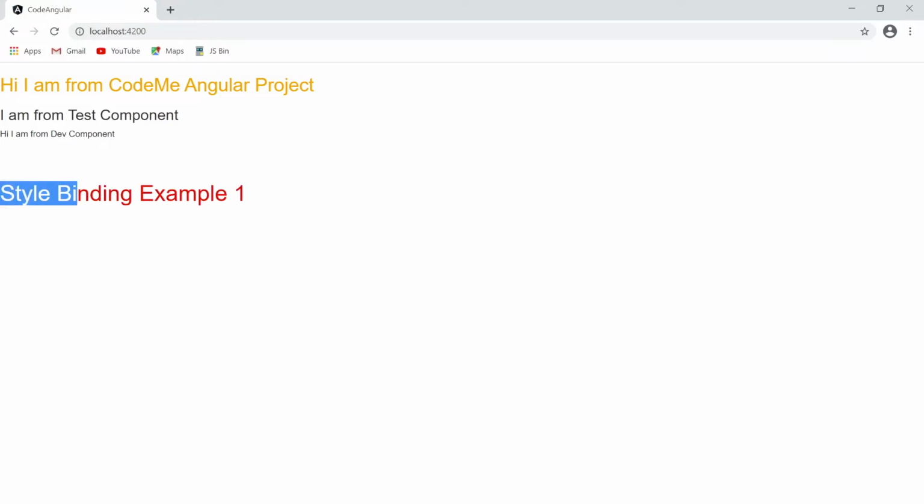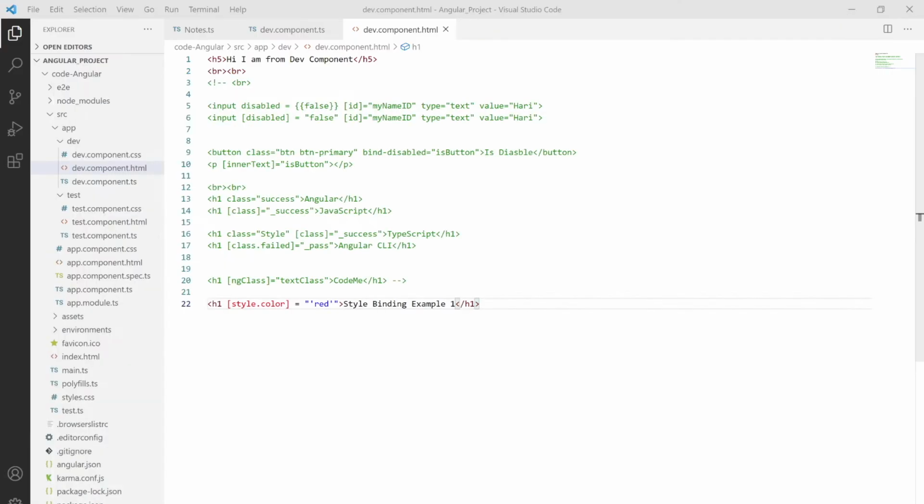As you can see, that color will be rendered because of the style binding we have used over here, or we can also use conditional style binding. Let me copy this thing, and then paste it over here also.